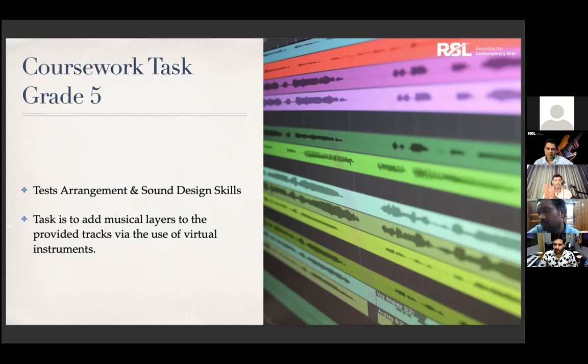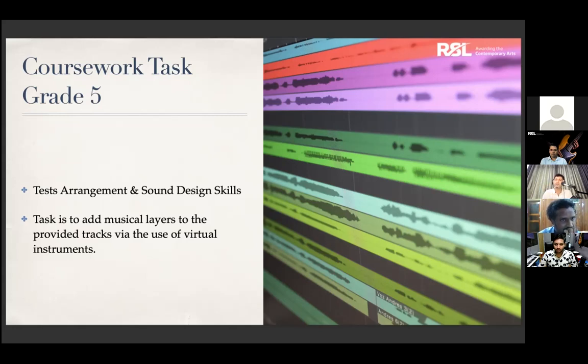Now, their products, their arrangement and sound design implementation might sound completely different sonically. But in terms of an academic level, they'll still be at the same point because that's how the courses are laid out. That is what I'm trying to say. So irrespective of that, some people have this, and this has been asked of me by a few graded students, I